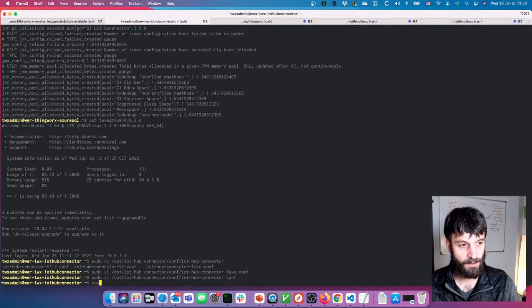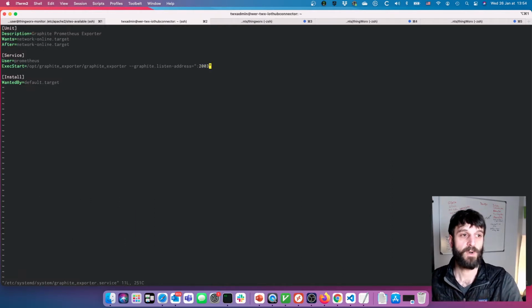I can't remember what port that was, but we can look at the service configuration to see what port this is running on. It's called